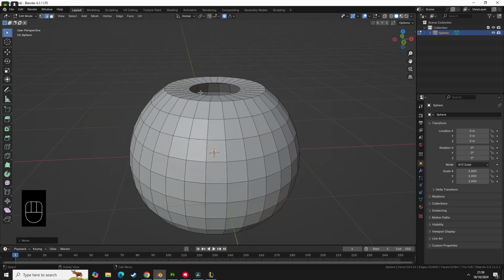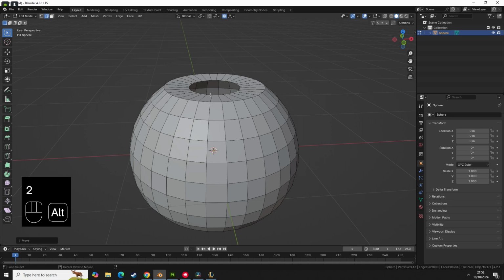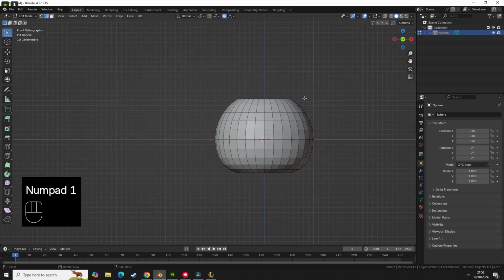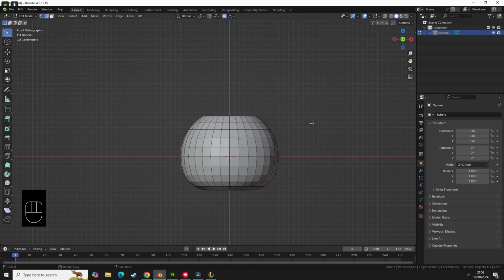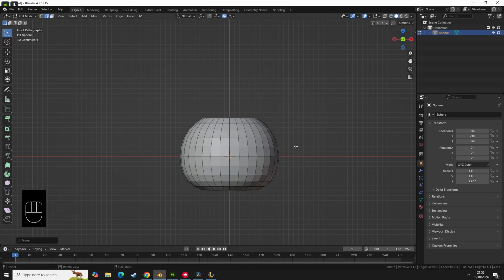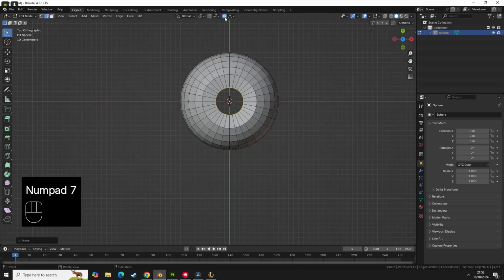So select this inner ring, 2, hold Alt, left click, and then press 1, zoom out a little bit on the numpad, press G and Z, and then move that down, just like so. Now we're going to press 7 to go top down view. We're going to turn off proportional editing,